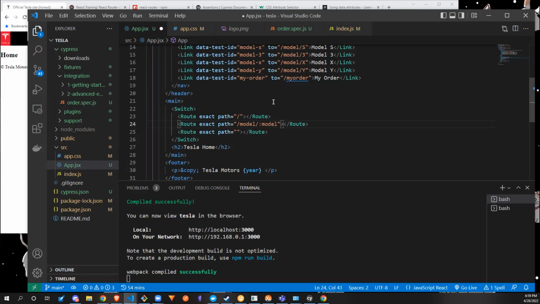Because we can call it anything we want. You can call it ID. You probably saw one called slug at some point in your life. It's a variable that you are declaring that goes right here. So anything that comes after that slash is a part of that variable now. So it's going to be model equals S3X or Y. And